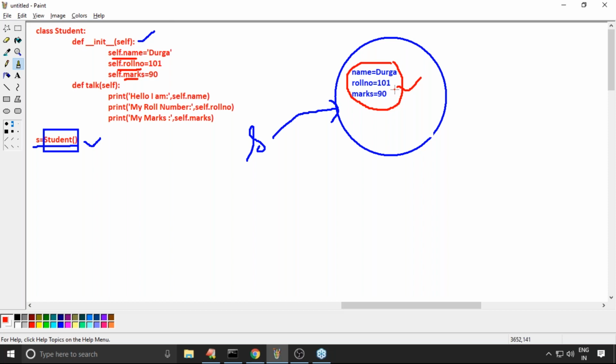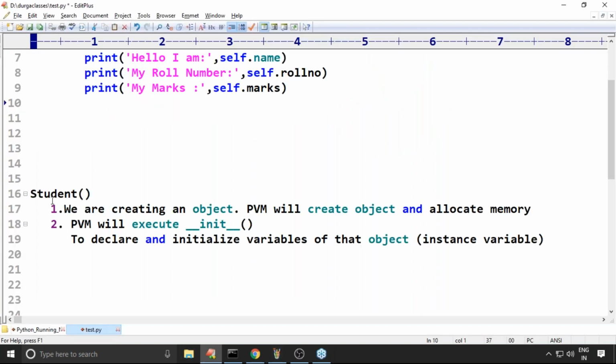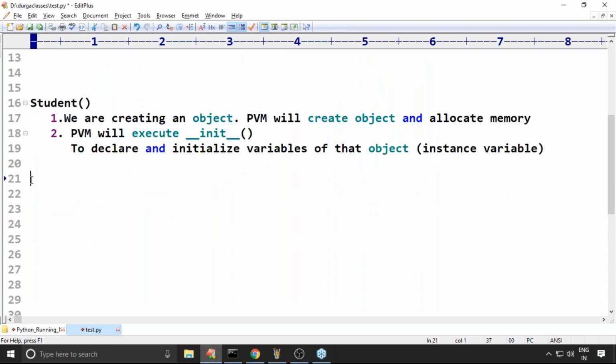Now take special care here. This whole thing is because of Student. I wrote s is equal to Student.